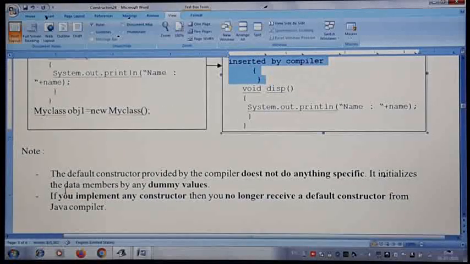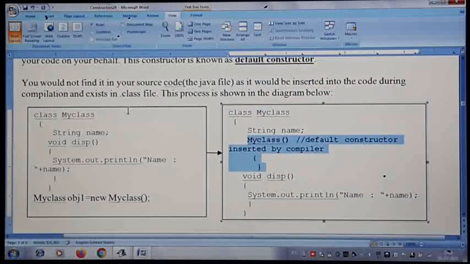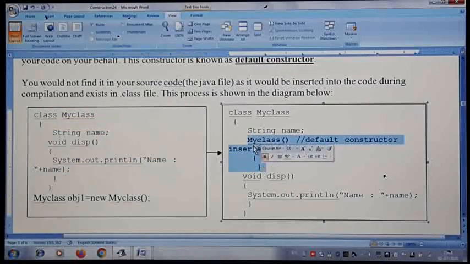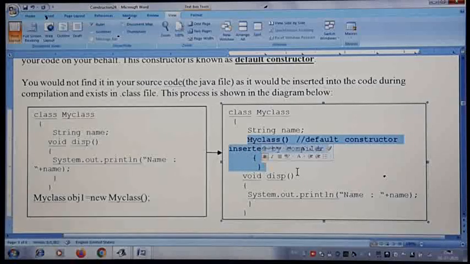Suppose you write a constructor for your program, then the compiler will not supply any constructor to your program. Only when you do not write a constructor. If you take this example, when there is no constructor, only in that case the compiler is going to insert one constructor, and this constructor will not do anything in specific, just initializes the data members or instance variables with some junk values.